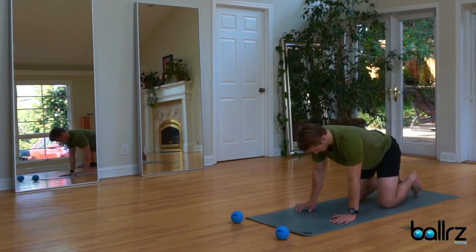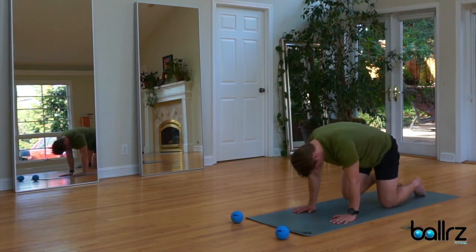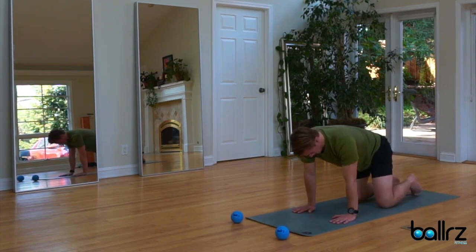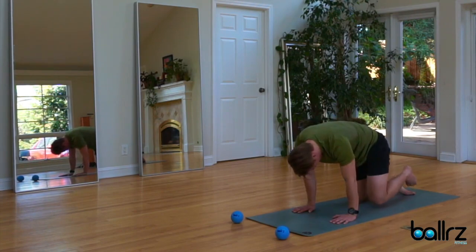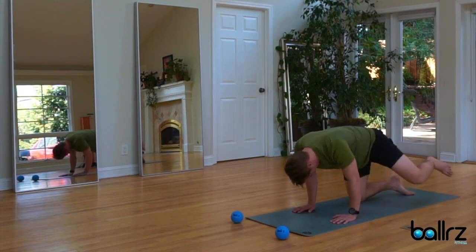Coming back to your tabletop position. Crunch that knee in towards the chin and then out to the elbow. Big hip circle. Big hip circle. Reverse back in the opposite direction. Other side. Left leg lifts. Bring the knee around and around. Reverse back in the opposite direction. Coming back